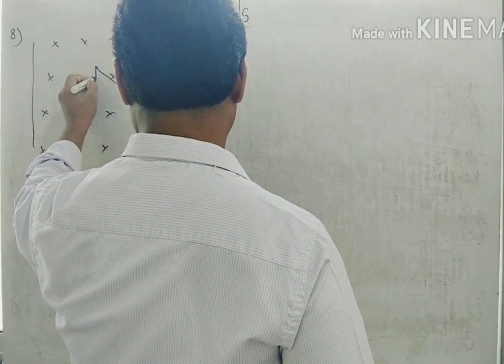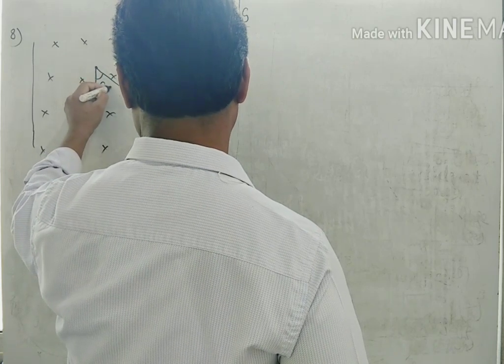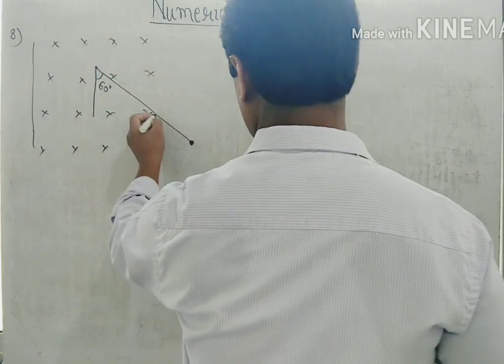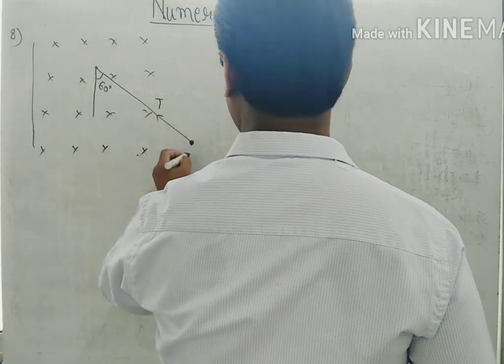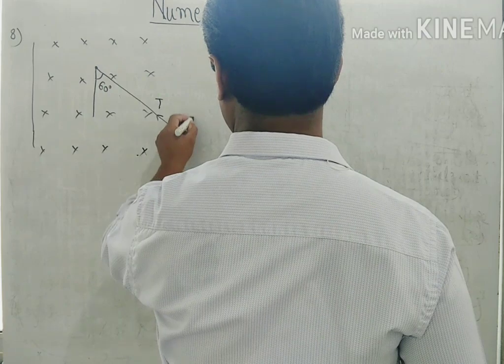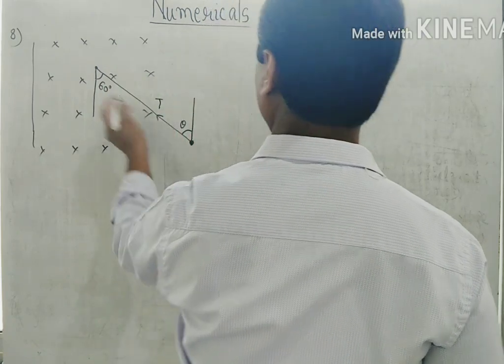Here this silk thread is making a 60 degree angle with the vertical. This is the tension acting towards the rigid support. Now if we resolve this tension, this angle, theta let me call it,